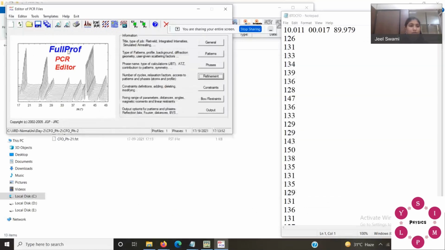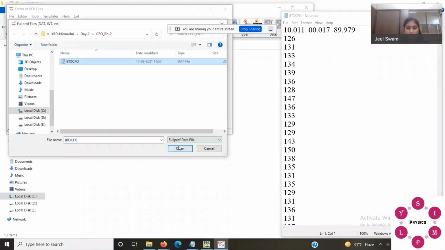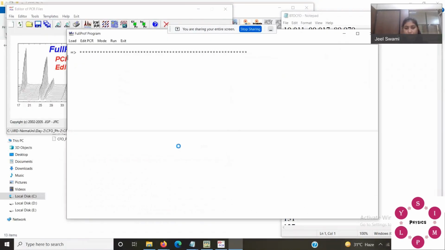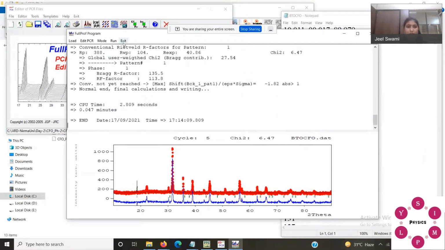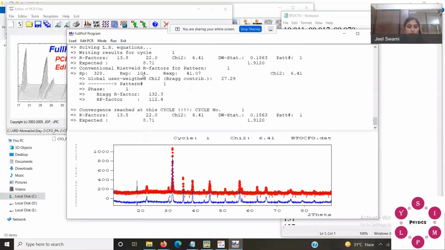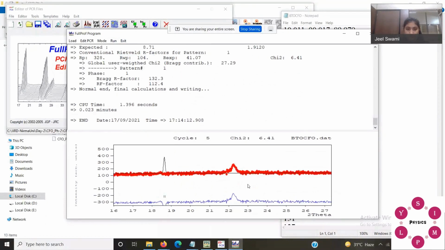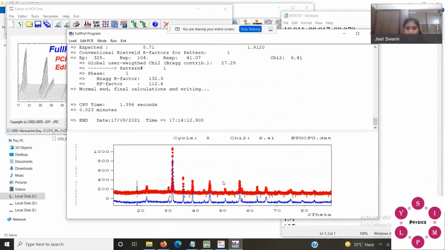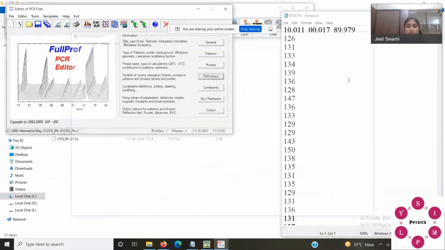Refine your background. The value is decreasing now. RWP is still 104. There are some peaks which are not matching yet. I have to refine.